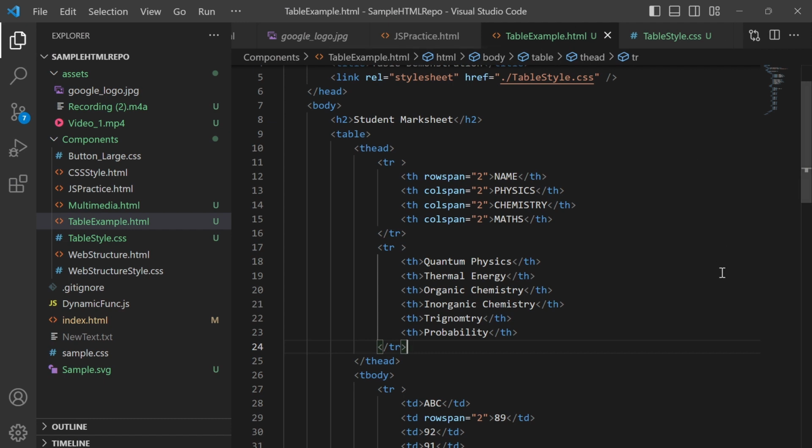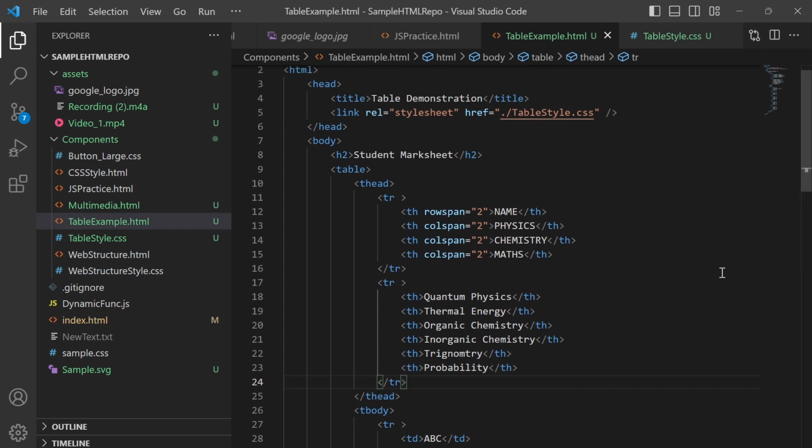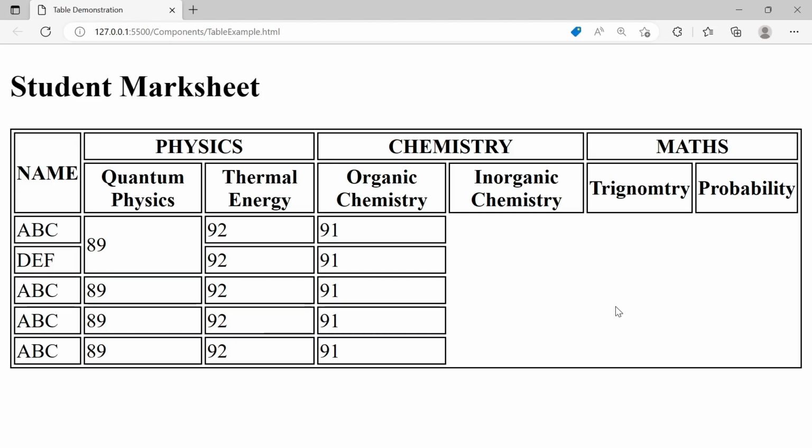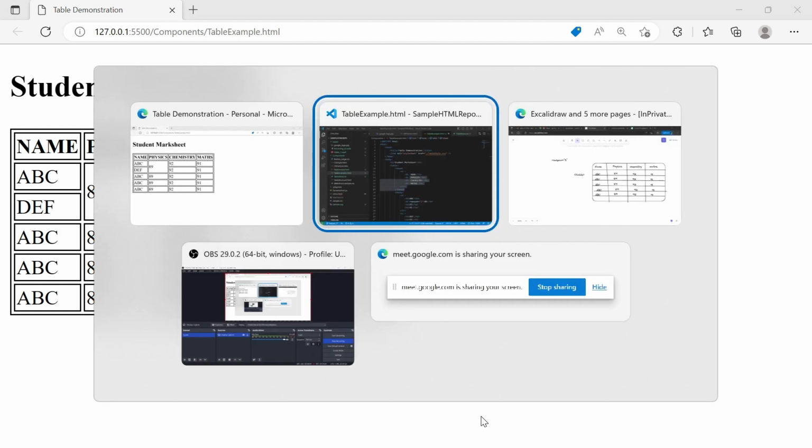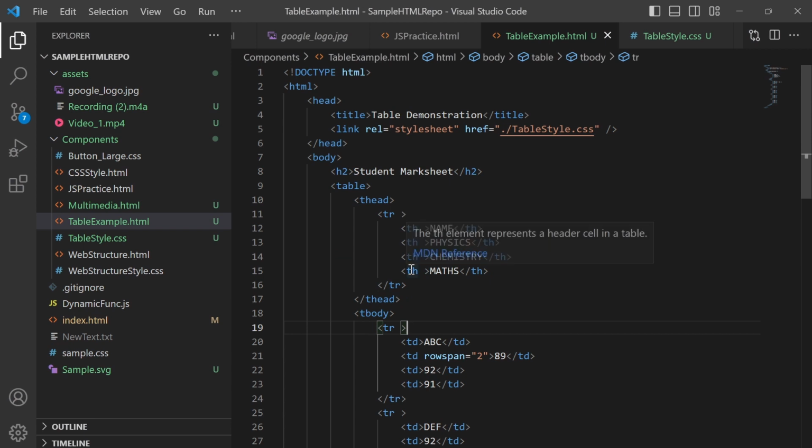Now we will discuss how we can style individual columns. I will remove this part. Fine. So now there is an option where we can provide a style to the individual columns. How can you provide styles to individual columns? There are other tags, which are the colgroup and col tags. I will show you how we can add it.